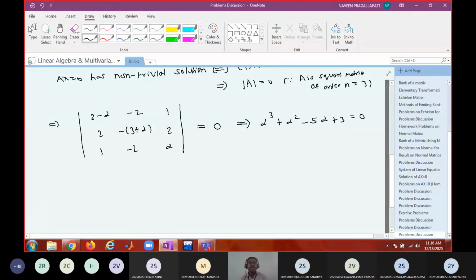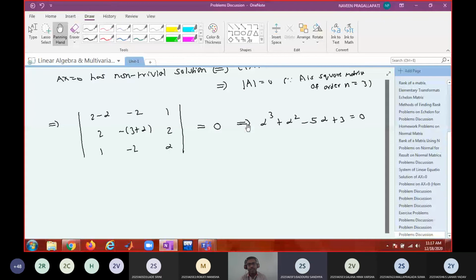Now one way of finding that, how many roots will be there? 3 roots. Okay. Now you can find out those 3 roots. First you can find out one root by substitution method and find out the remaining roots by synthetic division. The other way is use your calculator. I told you to have a scientific calculator, right? So in the scientific calculator, you have an option to solve the cubic equation. If you have calculator, just open your calculator and press mode. I think if you press mode, do you see equation?